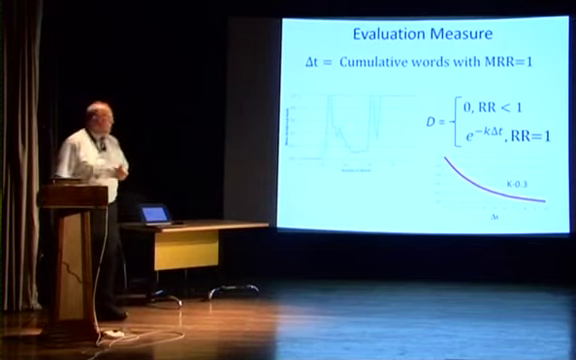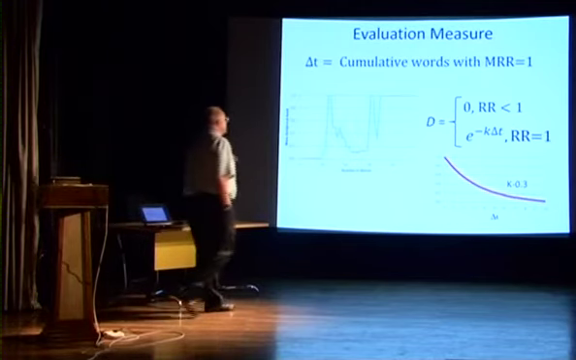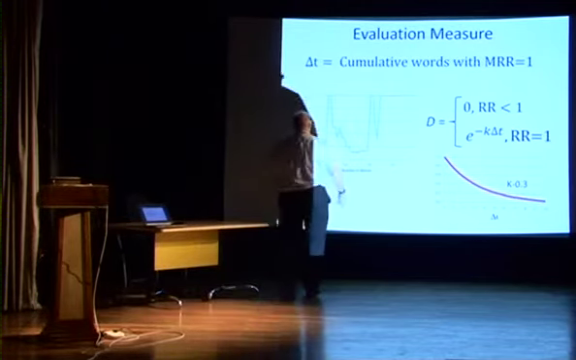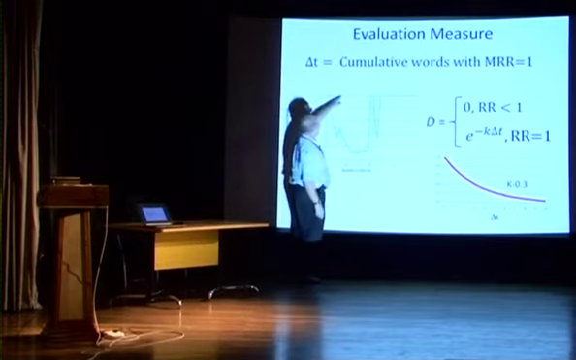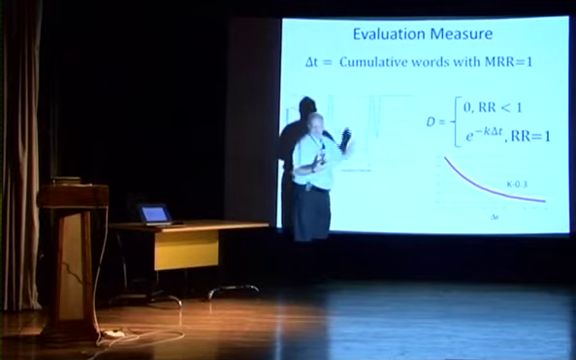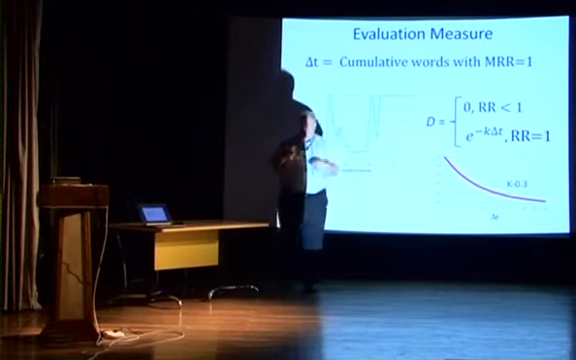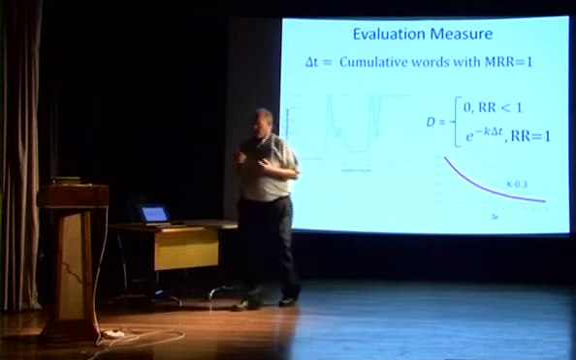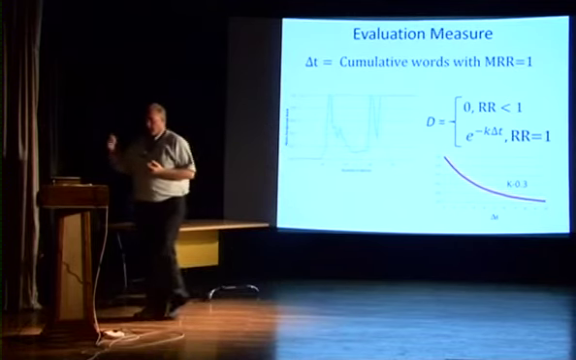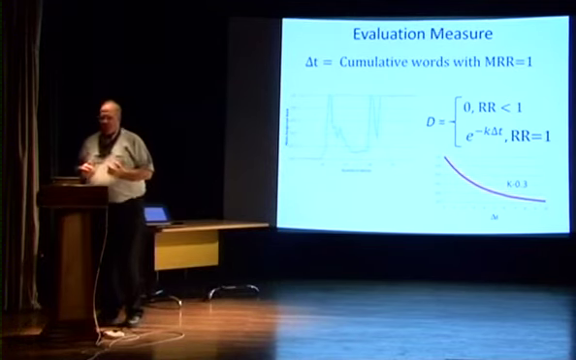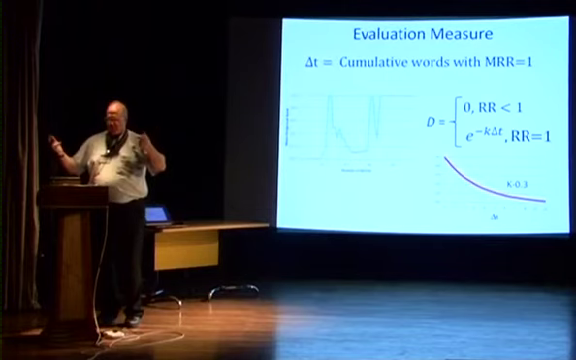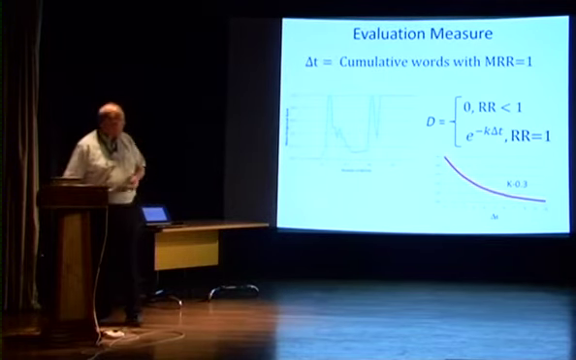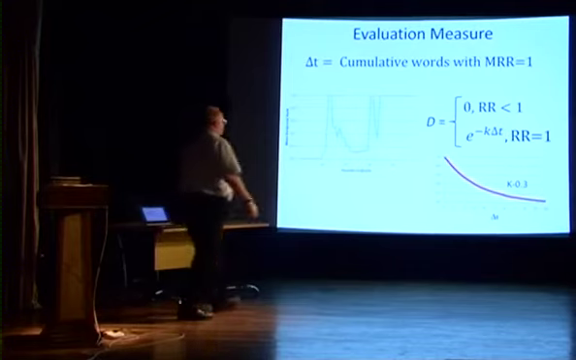Okay, so anyway, we got this D measure, and the D measure says if you chime in here and say I got it, well, you don't. So you got a 0. And so the way it's written here, if the reciprocal rank is below 1, well then you didn't find it in the first position, and you get no credit. And if the reciprocal rank is